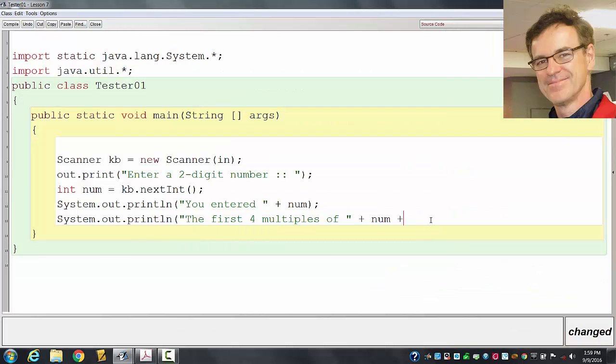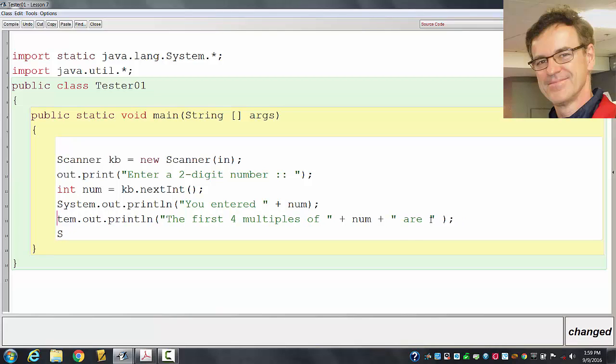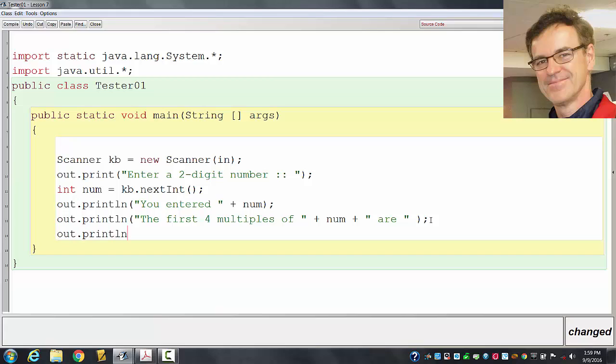First 4 multiples of num are, and then we'll put them on the screen. So I'm using System.out, so I don't even need to. Let me make this a little shorter for us because I had the import above. Let's go out.println. So it'd be num is the first one, and then maybe we'll put a comma between them, and then